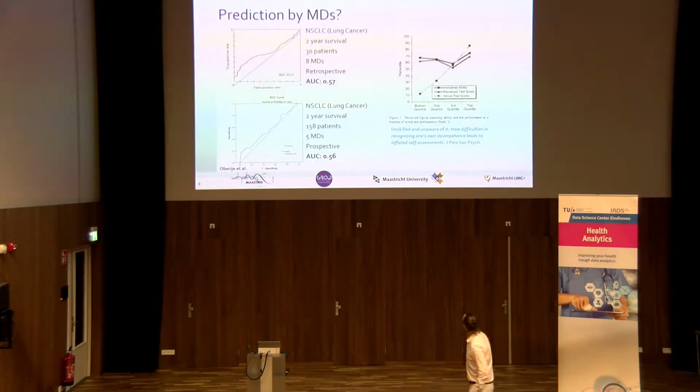And this is interesting, this is psychology. So, unskilled and unaware of it: how difficulties in recognizing one's own incompetence leads to inflated self-assessments. And these are student tests, so these are the worst students, these are the top students. This is the actual result, and this is what they thought they got. Right? When you have kids like me, you have this experience as well, that if they know nothing about a subject, they think very highly of themselves. And here, when you know more about the subject, these things come together. So our physicians are here. They think they can predict this, but they can't.